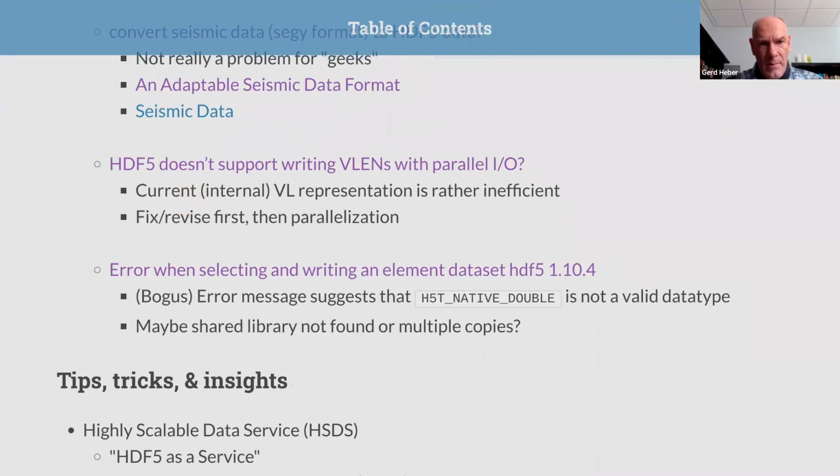Besides, of course, finding funding for something like that, there are some technical questions here, in the sense that the current internal representation of variable length data is rather inefficient, and we can talk another time about why that is and how that is. But for now, just take my word for it. And it probably would not make much sense to try to parallelize